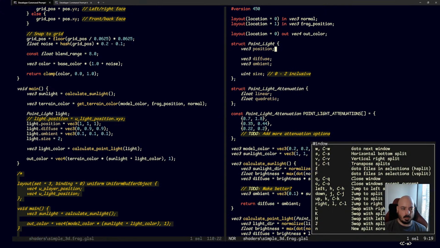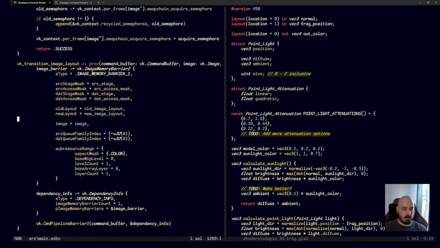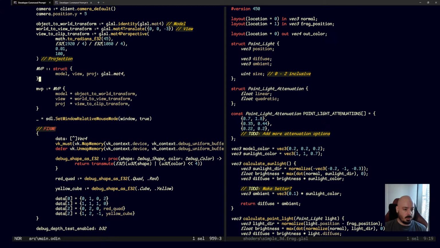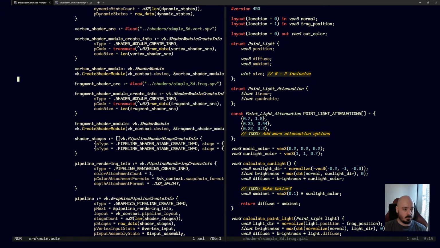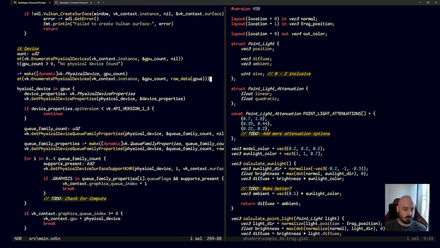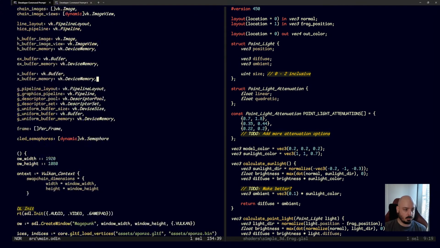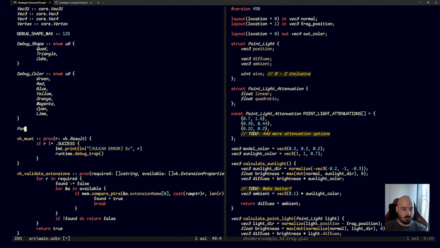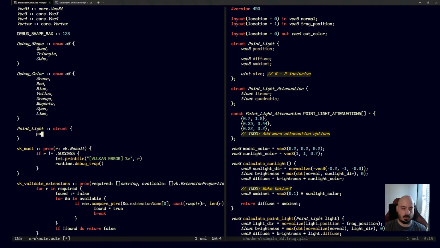Okay, and now on the Odin side, I don't really know where to put this, but oh man, there's so much code in here now. Let's say I was going to put in a point light struct. I'd want to have a position,